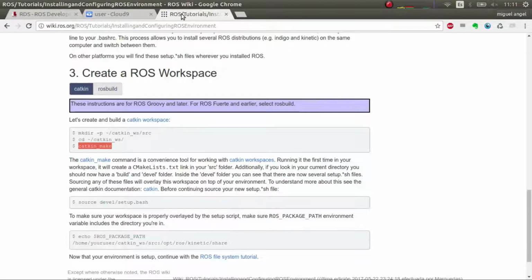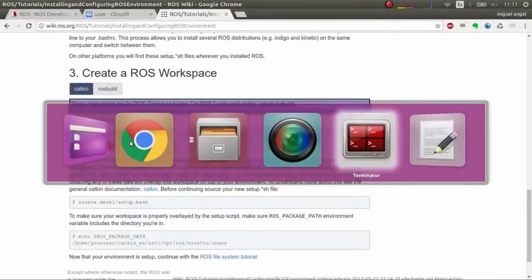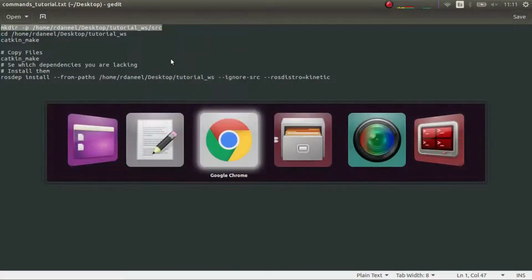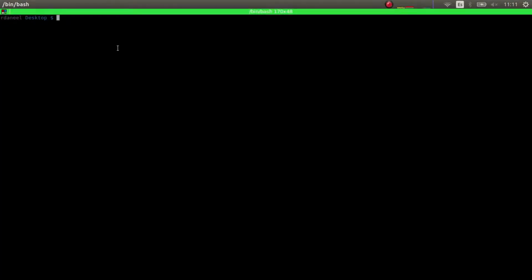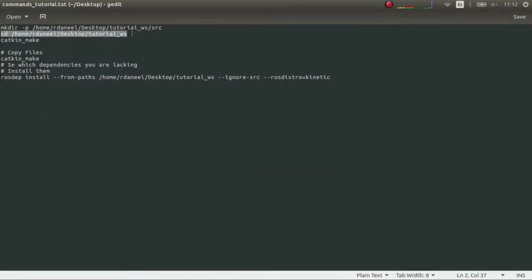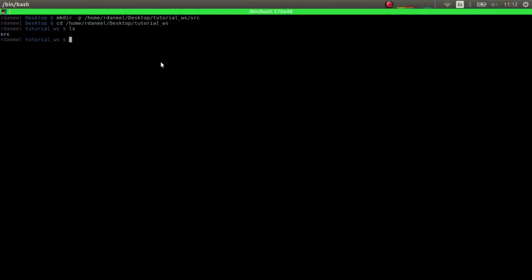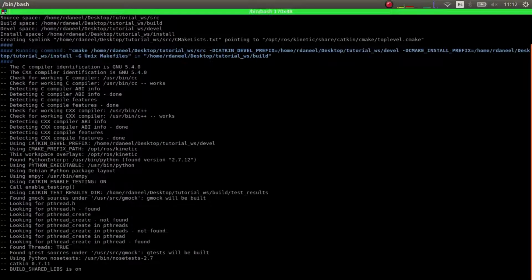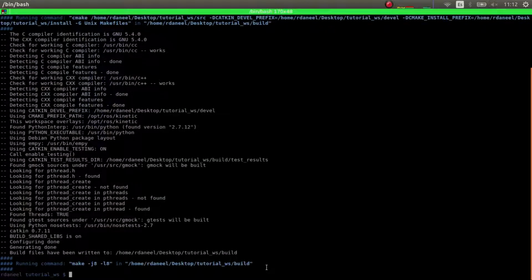Yeah, better. So the next step is you have to create your own ROS workspace. You use the one that you have already from the installation, or you create your own. So in this case, I've prepared some stuff here to be faster. So we're going to create this tutorial workspace. We access, we compile, okay, so once we have compiled,